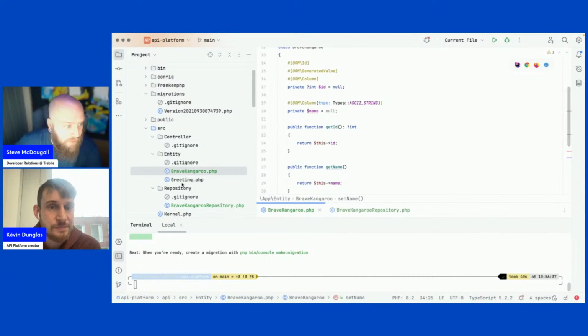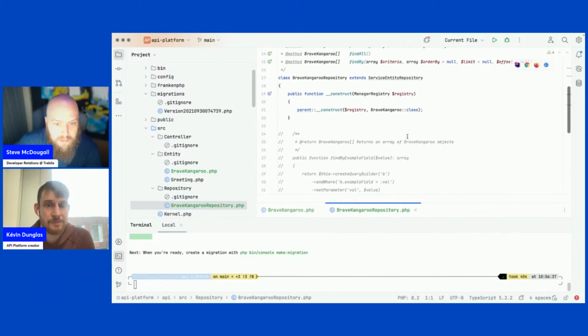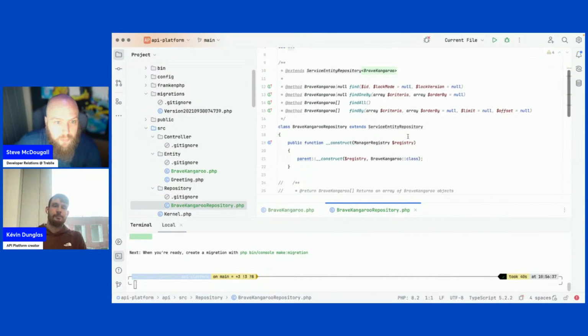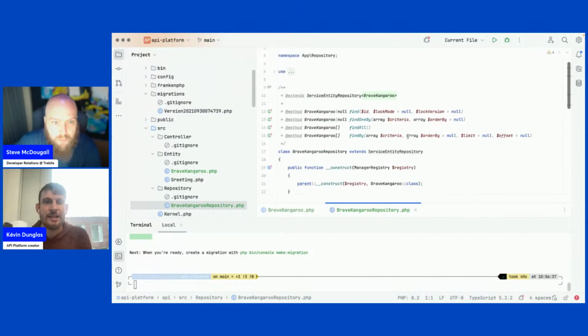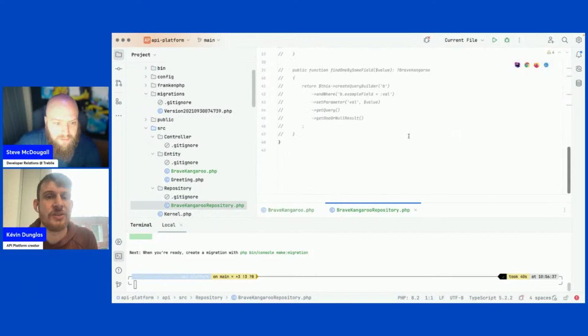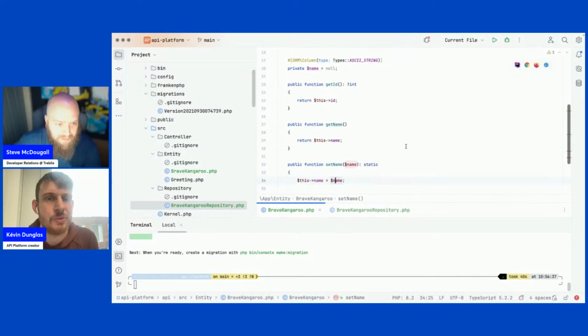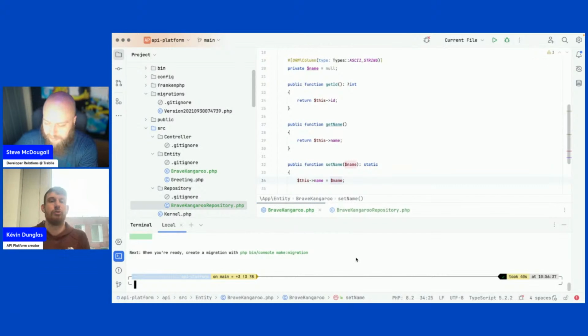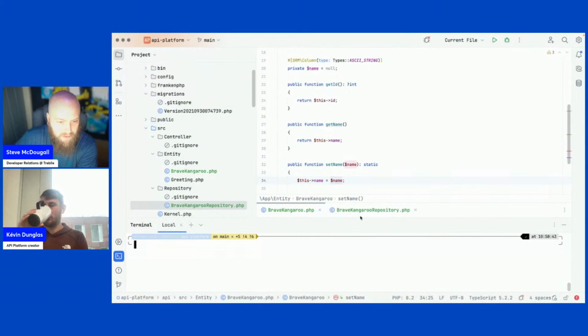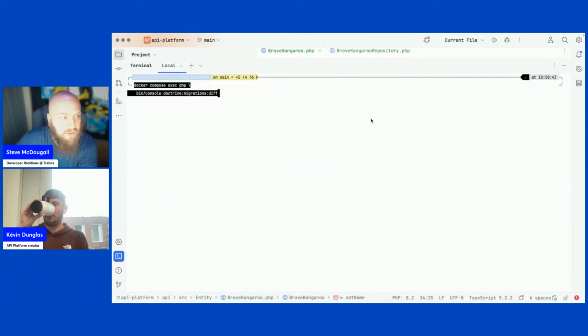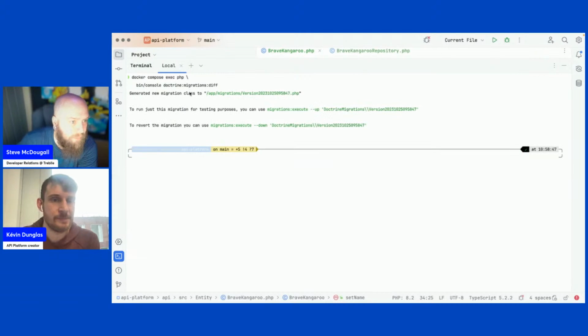Make sure I haven't got anything in here that's to do with the name as well. Unlike Laravel, it's not used here. I think that you will not have references to name here. Perfect. So if I just make this a bit bigger so we can do this.